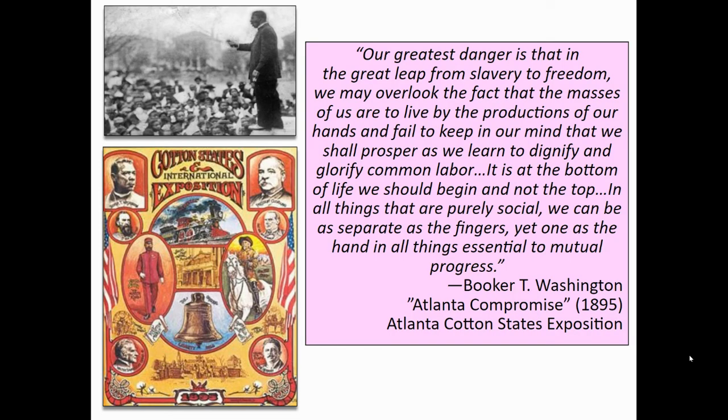And he says here in the Atlanta Compromise, our greatest danger is that in the great leap from slavery to freedom, we may overlook the fact that the masses of us are to live by the productions of our hands and fail to keep in mind that we shall prosper as we learn to dignify and glorify common labor. It is at the bottom of life we should begin and not the top. In all things that are purely social, we can be as separate as the fingers, yet one as the hand in all things essential to mutual progress. So again, saying it's okay if we need to start at the beginning, we can't start at the top. It's okay if we're segregated, but let's focus on the essential things, which includes work and the